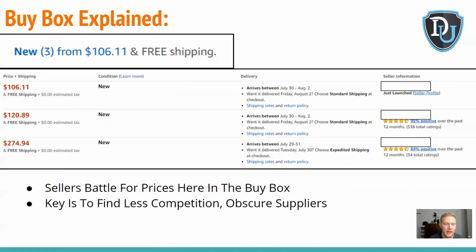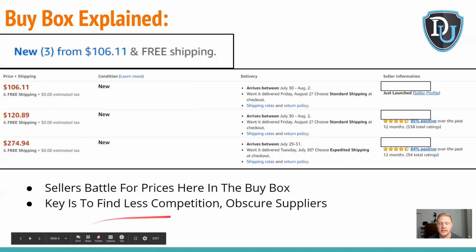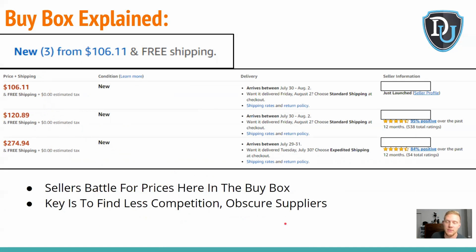I'll tag that up above. But it says sellers battle for prices here in the buy box. This is where you're battling for prices. And the key is to find less competition, more obscure suppliers. So it's pretty much the same thing I've been teaching and pushing towards eBay, but you can still use API